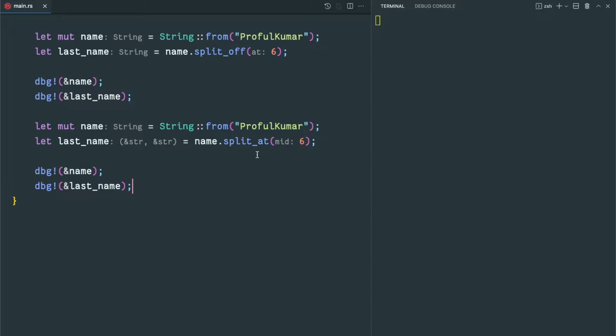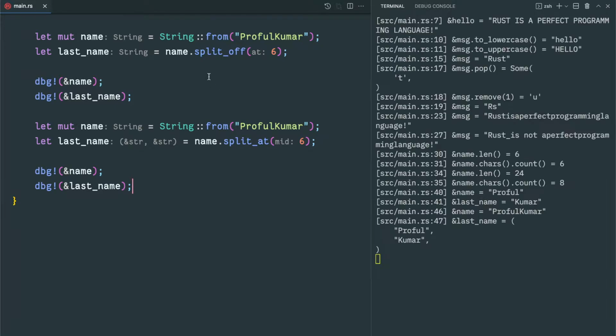And we have split_at as well. The split_off will change the original string, but split_at is not going to modify the original string. It will return string literals. In this case, it is two completely different string types, but it is a tuple it will return. Split_at is read-only access. So last name is the tuple which contains Praful and Kumar. So split_off will modify the original name, but split_at is only returning that